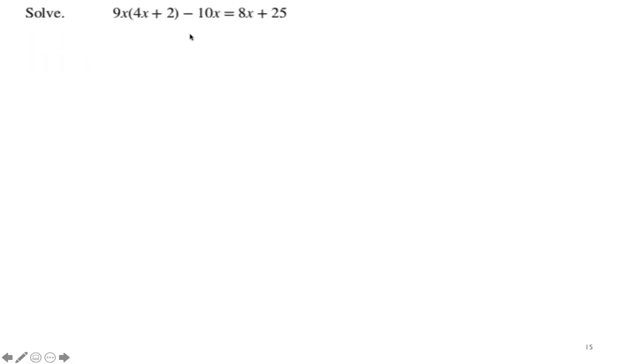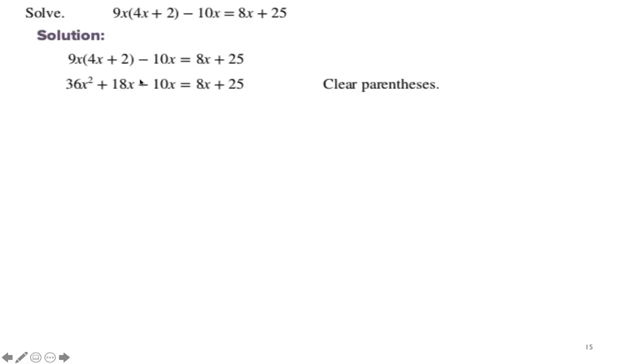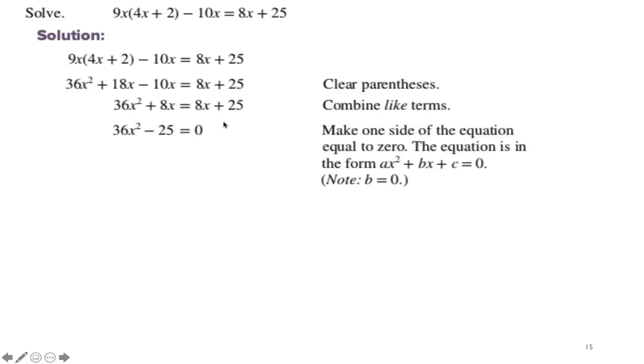So this looks more complicated, but it's the same thing, where we have to just simplify the algebra. So maybe we can distribute this and move everything to one side. For example, I can distribute this to clear the parentheses. You get 36x squared plus 18x, and now we can combine like terms and move everything to one side. So combine like terms here, 18x minus 10x is 8x. Then put everything on one side, we get this,